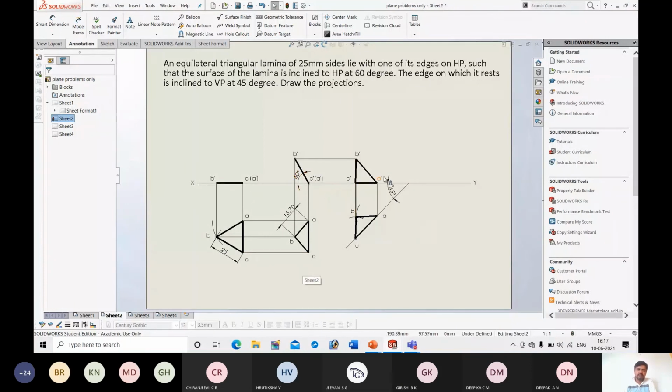Suppose in the exam you don't know the complete solution, you can draw whatever you know. Out of 30, for the first position you will get 5 to 6 marks. For the second position, you will get 7 to 8 marks. For the final position, you will get the remaining, 16 to 18 marks. Like that for every step there are marks. So if you don't know the complete solution, at least draw whatever you know.